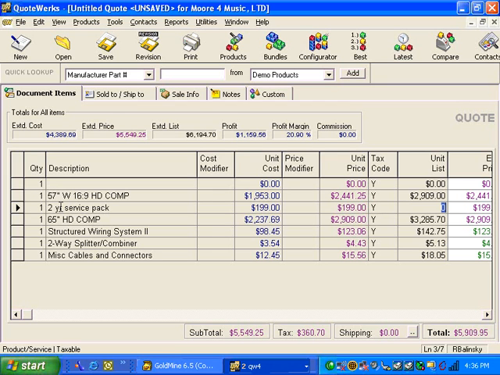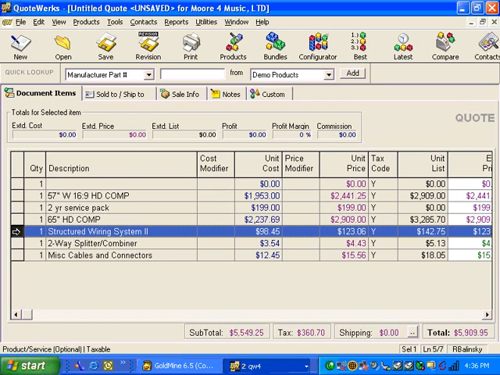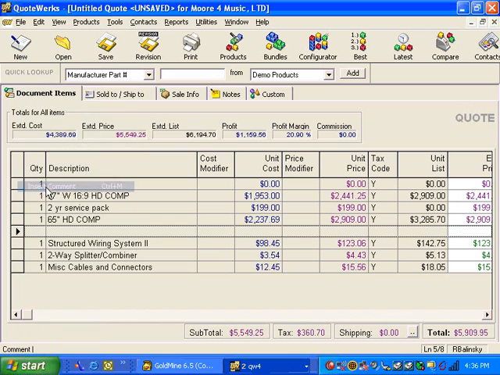You also have the ability to add comment lines to your quote. Comment lines are particularly useful to add descriptive notes to your quote. You can use comment lines to indicate sections or categories in your quote such as swimming pool, pool accessories, service packages, etc. In QuoteWerks, you have the freedom to change any aspect of the quoted item once it has been